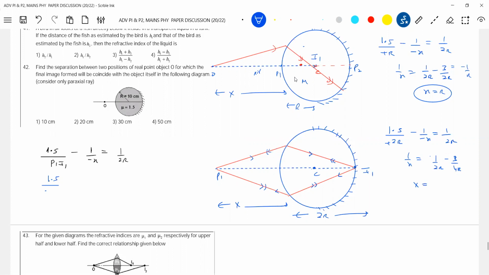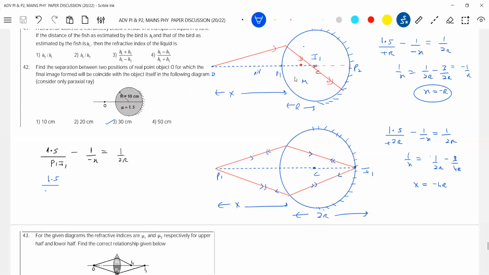Anybody value this? X equal to minus 4R. Okay, the difference between them will be 3R. Minus 4R here, plus R we are getting. Then the difference will become... There also minus R only, sir. Okay, 3R should be the difference, no? What is the radius given? 30 centimeters, 42. Option 3 we will take.